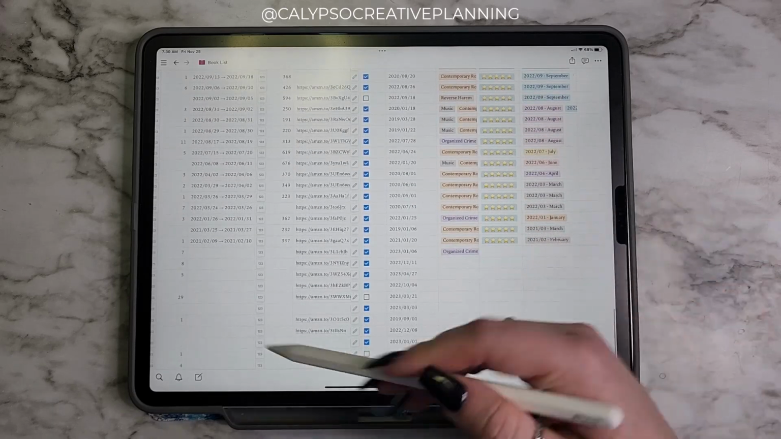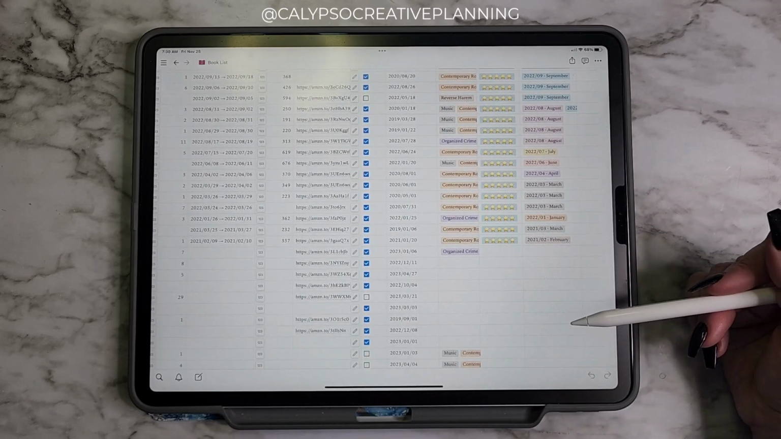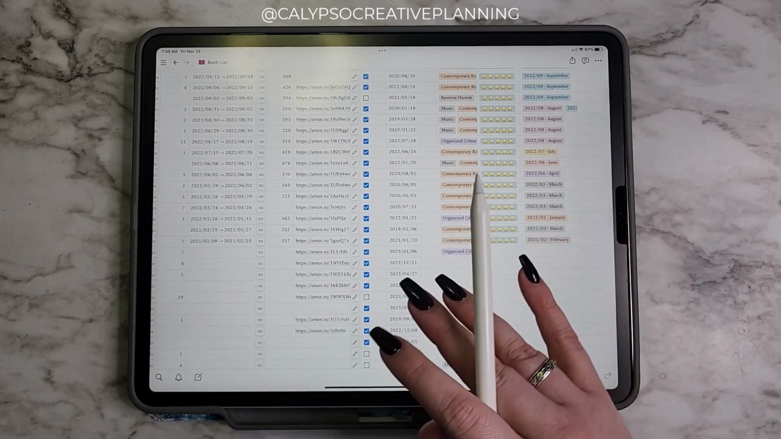So obviously I don't have everything that I've read for 2022 in here because, like I said, I didn't start doing this until maybe like,